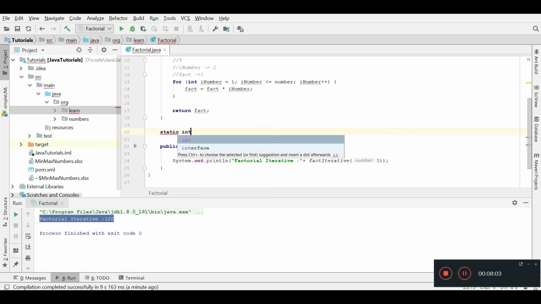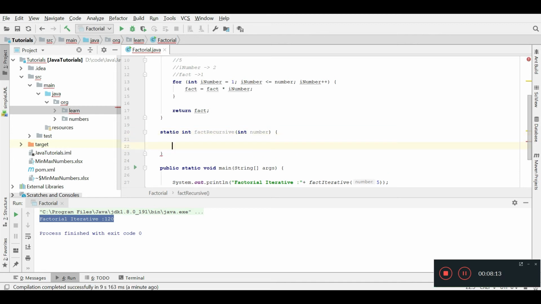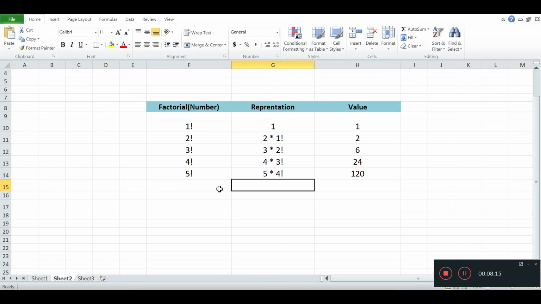The signature would be similar, and I am taking a number as an input. What we have seen in the Excel sheet is that factorial of 5 would be 5 into factorial of 4, which I can write as 5 minus 1.